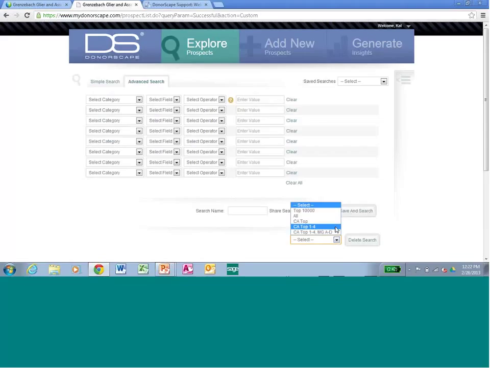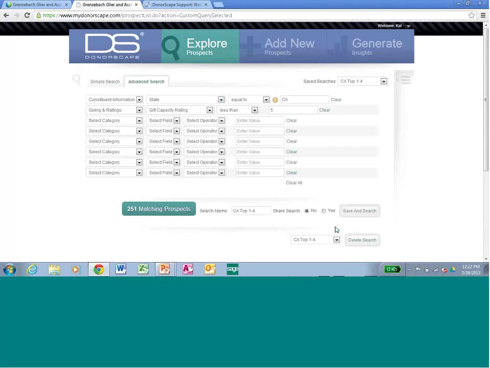And so I'm going to pull up California top 1 to 4. And that is the same search that I created through simple search. It's just that in advanced search, you can search on most any field in the record, and we're going to do it through these